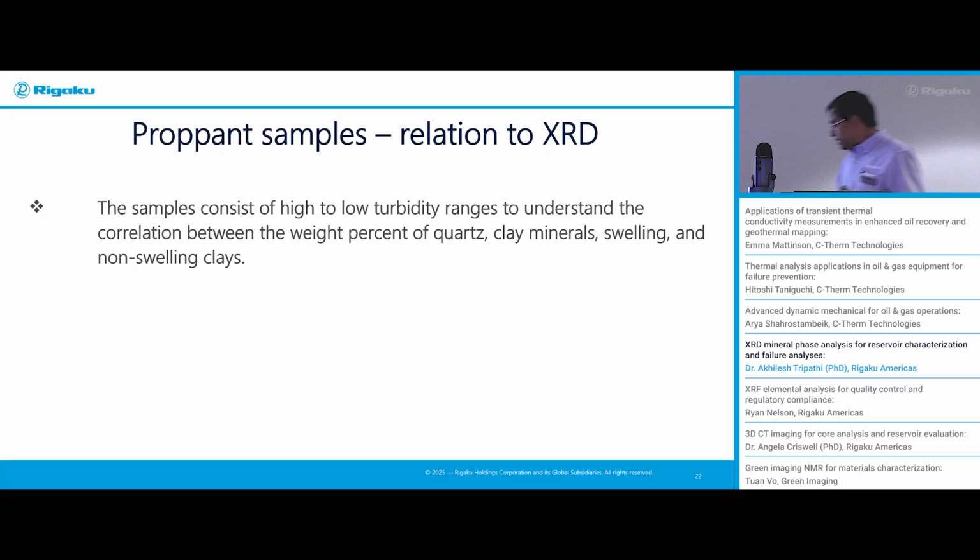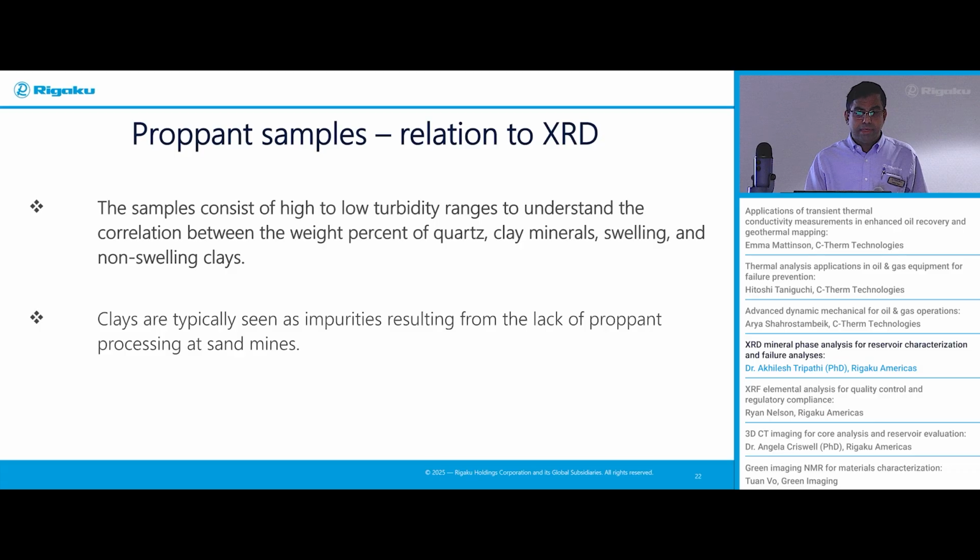So what is the proppant sample's relation to XRD? The sample consists of high to low turbidity ranges to understand the correlation between the weight percent of quartz, clay, swelling, and non-swelling clays. So that's important to know about the proppant. Clays are typically seen as impurities in proppant samples, resulting from lack of proppant processing at sand mines. So usually the people who are buying the proppants need to know what the proppant that they're supplying